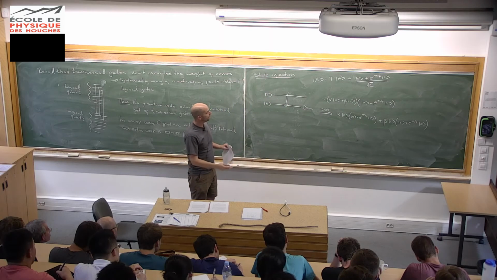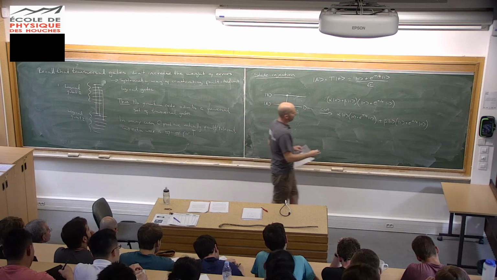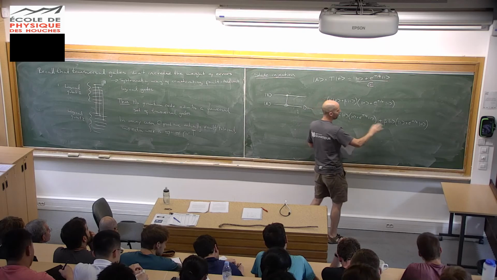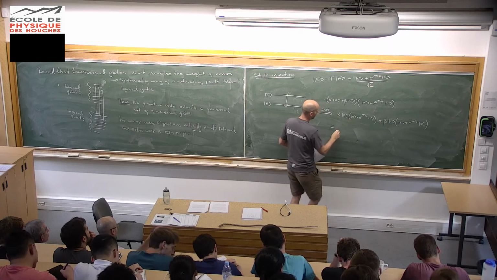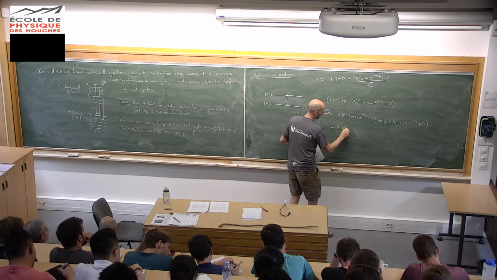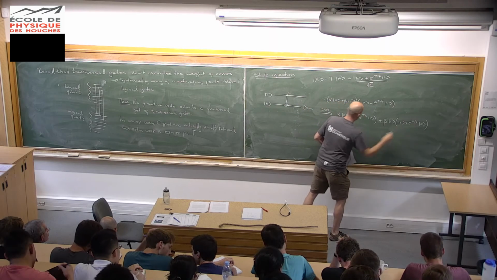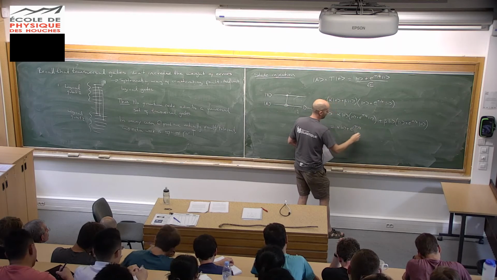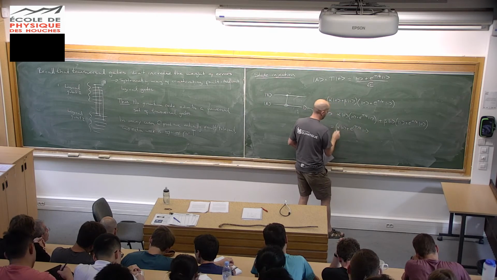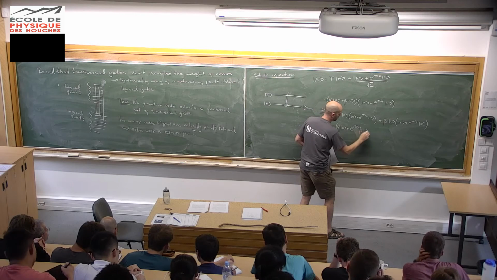Let me rearrange these terms by isolating 0 and 1 on the second qubit. So this is equal to 0 tensored with (alpha 0 plus e to the i pi over 4 beta 1)